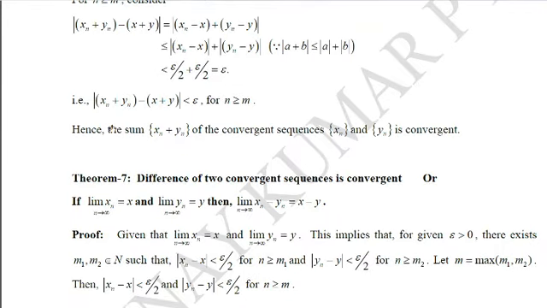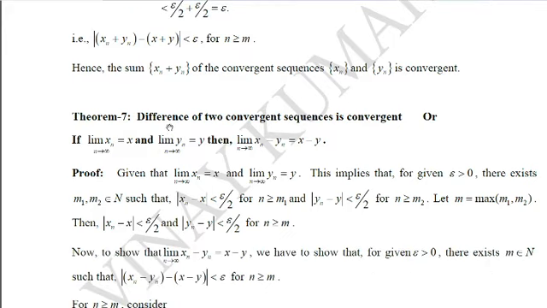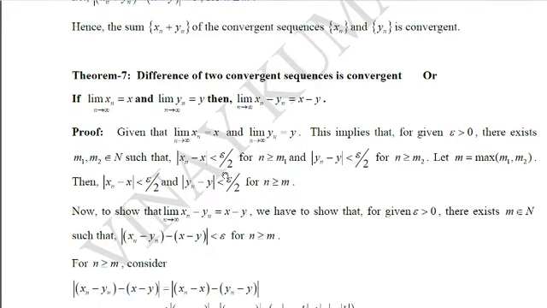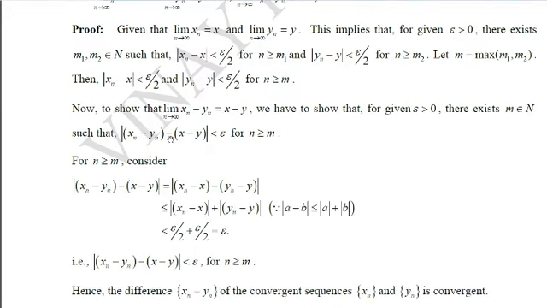This theorem is the same as the sum of two convergent sequences theorem. But here, instead of the sum, they are given the difference. So you just have to write the same thing. You have to write the proof along the same line as you have done for theorem 6. The only thing is, instead of plus, you are having minus here. So if you multiply by minus n, you will get minus as common here.